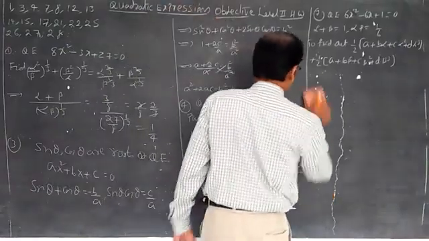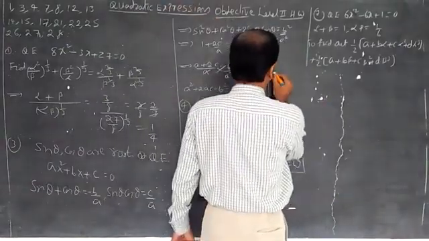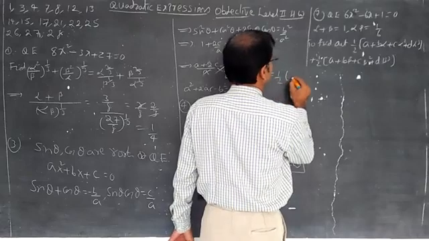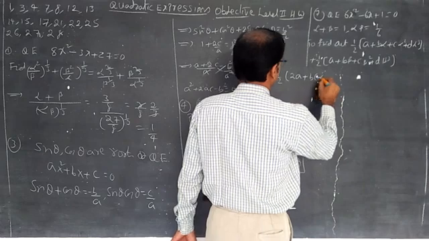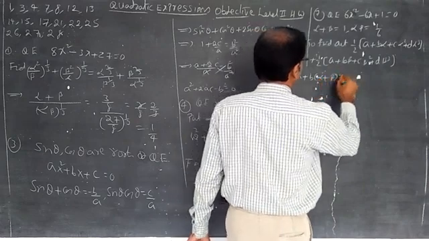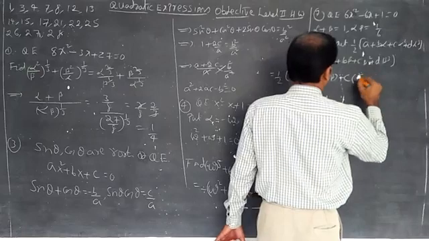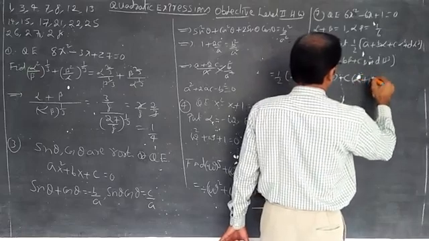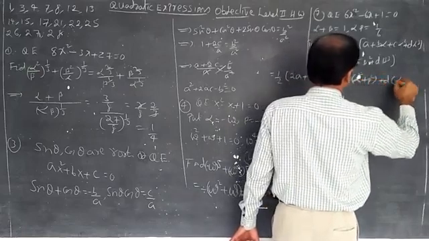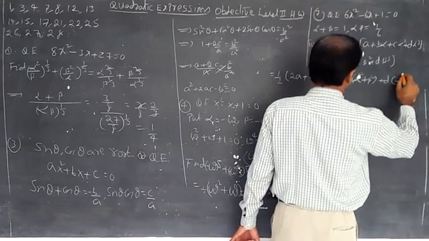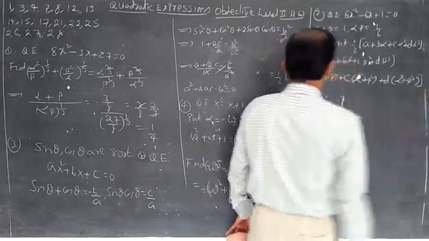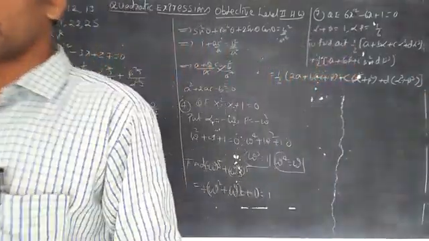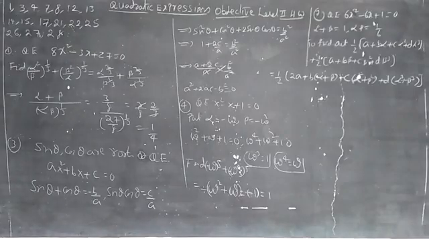Let us consider here 1 by 2 taken common totally. So a plus a becomes 2a, plus b taken common it becomes alpha plus beta, plus c taken common it becomes alpha square plus beta square, plus d into alpha cube plus beta cube. So 1 by 2 into 2a, it's okay, alpha plus beta, we should substitute the value minus b by a.